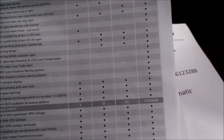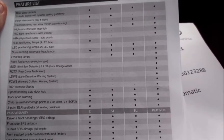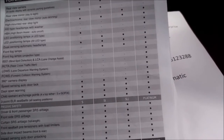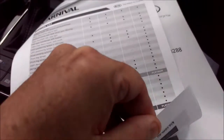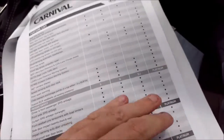What it doesn't stop from being done is the rear tailgate. We've driven away more than once with the rear tailgate up, and all you get is a very soft, subtle chime to tell you that you've got a problem there, which really is a bit of a concern in regards to safety and security. But look, it really is an exceptionally well-featured car, one of the best I think that you'll get,